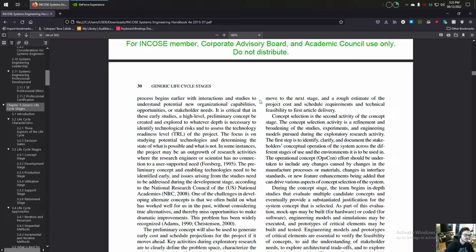The concept selection activity is a refinement and broadening of the studies, experiments, and engineering models pursued during the exploratory research activity. The first step is to identify, clarify, and document the stakeholders' conceptual operation of the system across the different stages of use and the environments it is to be used in. The operational concept, OPSCON, effort should be undertaken to include any changes caused by changes in the manufacture processes or materials, changes in interface standards, or new feature enhancements being added that can drive various aspects of concept selection